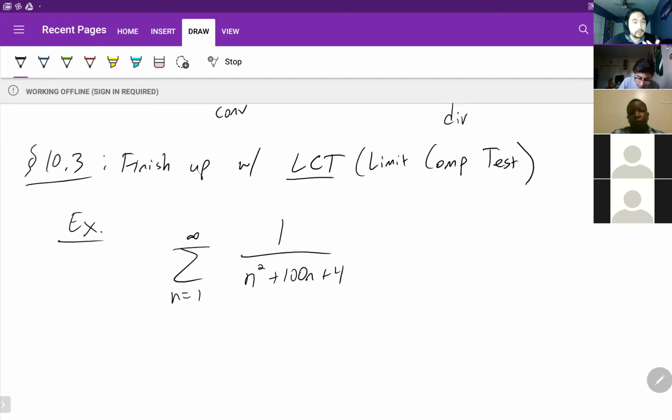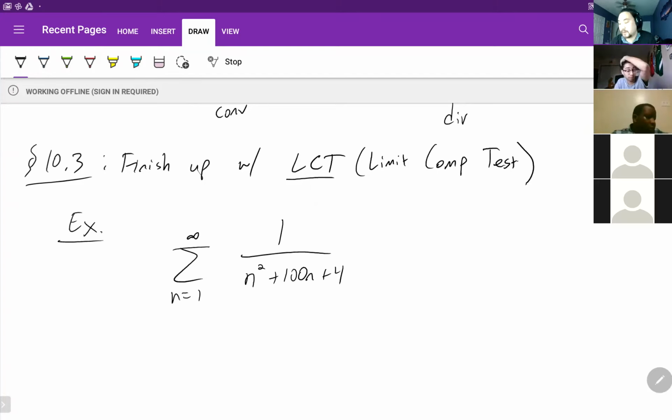Okay, how would you prove convergence or divergence on this one? Maybe try the integral test, partial fractions and everything. Remember, we want to pick a test that's the easiest and fastest to use. We could use the divergence test first. Okay, fine.